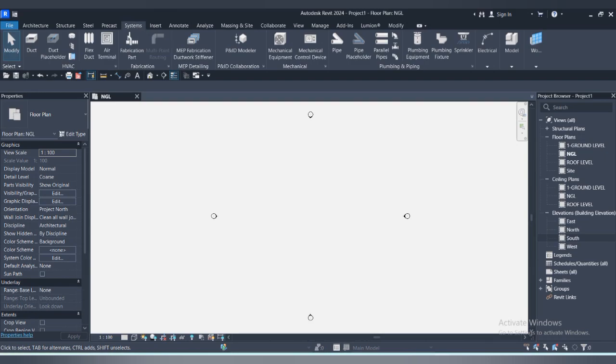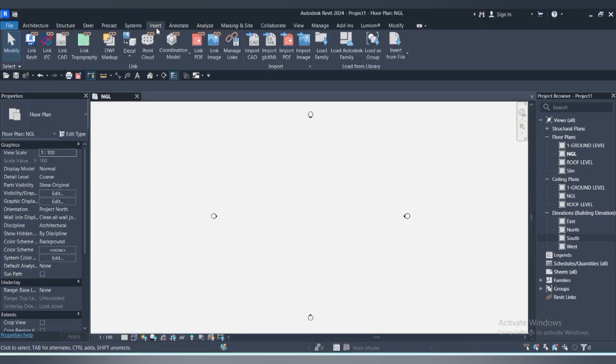Most times I actually love using this system part in Revit because it helps me create pipes when I'm through with my 3D modeling, and at the end of the day I end up appreciating this piping work. So this Insert tool helps you input whatever you want into your Revit system,